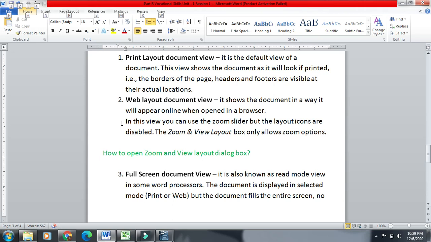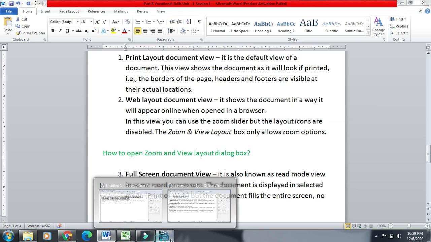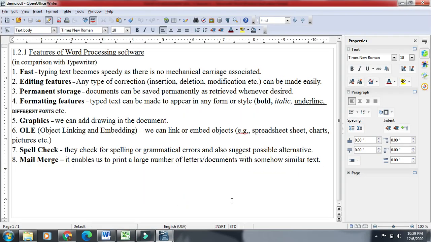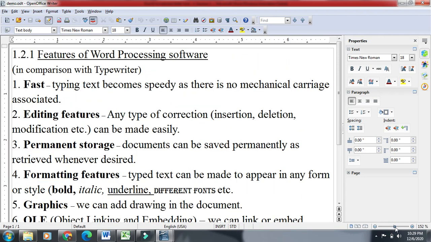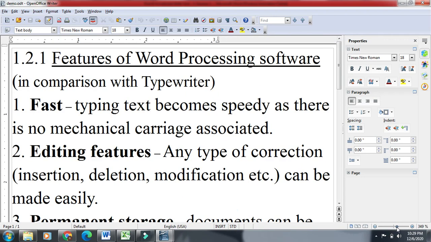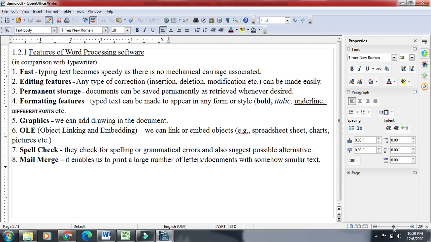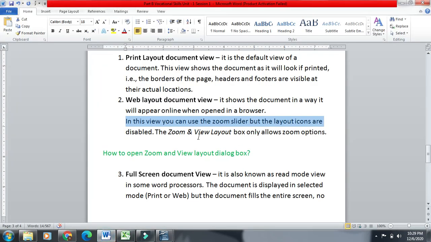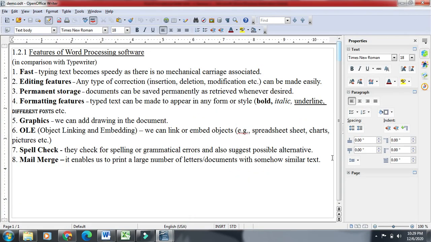In this view, you can use the zoom slider, but the layout icons are disabled. So in this view, we can go for the zoom slider. Zoom slider is available. We can easily zoom it. But here you can see the layout icons are disabled. These are the layout icons. These icons are disabled.